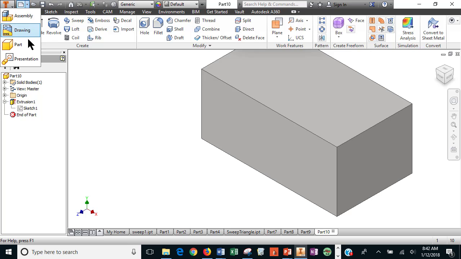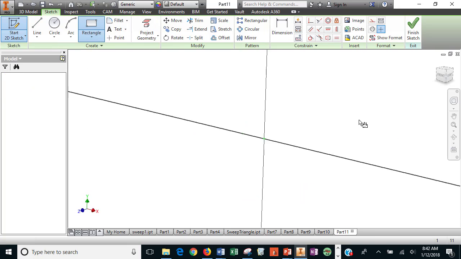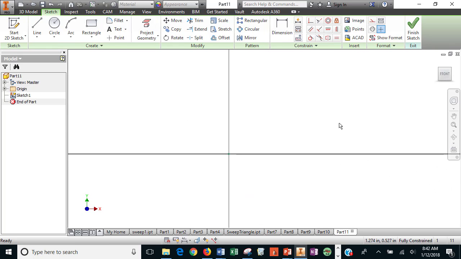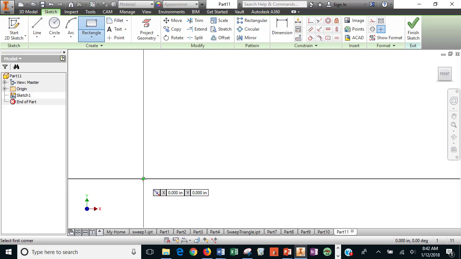In this exercise, we're going to take a look at the loft command again, and we're going to cut away material using the loft command. So let's begin by making the rectangular prism. That's part of our part, and we'll start with a rectangle, and we will,